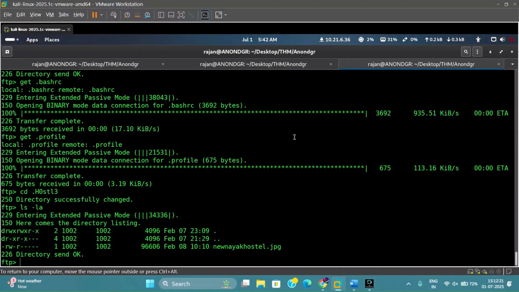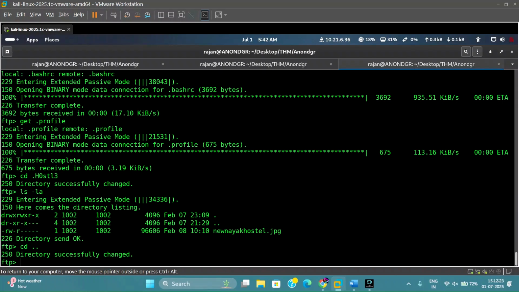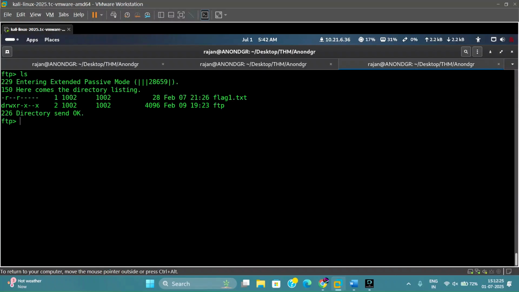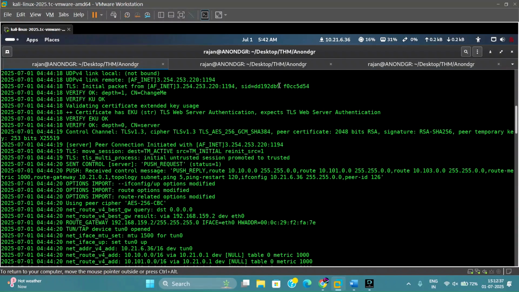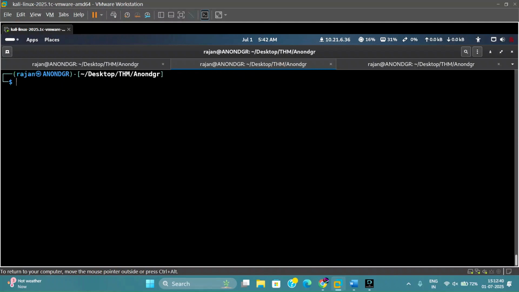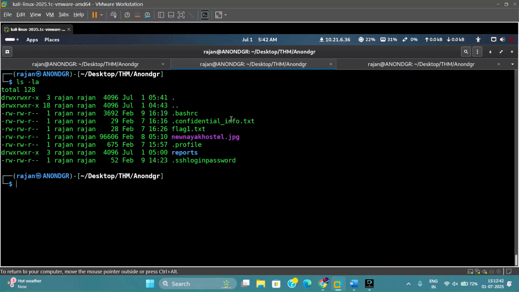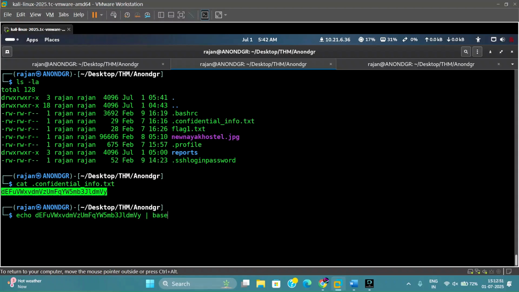Okay, so let me just go back, and I can see there is a directory called FTP. Let me just go inside it again, and you can see we already have downloaded this confidential info.txt. So let me just analyze it again. Maybe I am missing something. So, okay, open it, and you can see this is a snapshot of base64 encoded data, and upon decoding